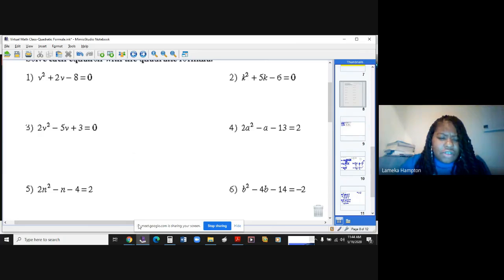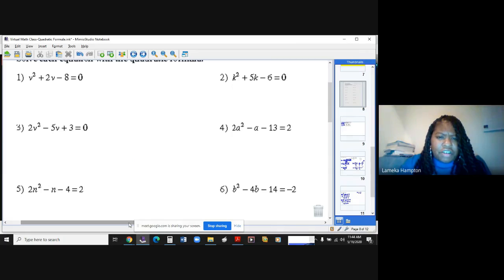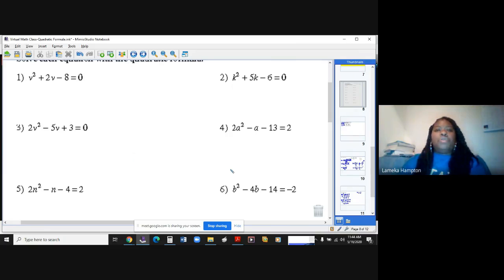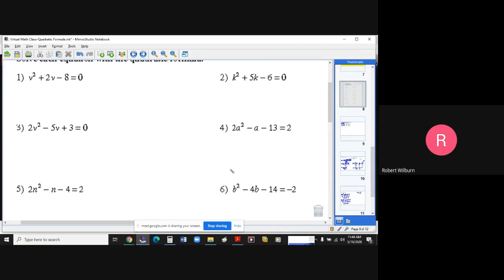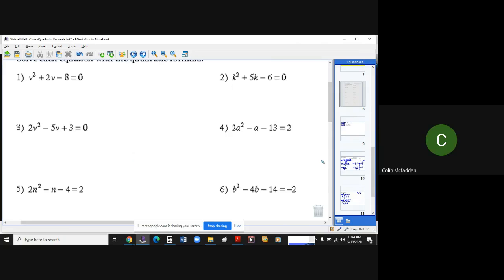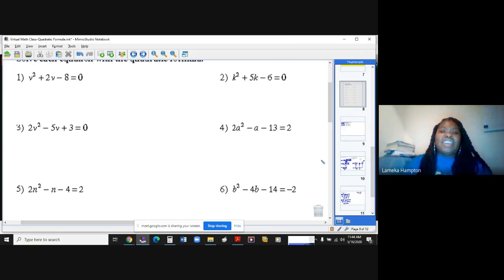Now, can you see number 4? Do I need to make it bigger? I can see it. All right. So remember when I said that all quadratic equations must equal 0? Y'all remember that? Yes, ma'am. Yeah. What's the problem with number 4? It equals 2. Yeah. So that's a problem. That's a serious problem. So now what we're going to have to do is we're going to have to make